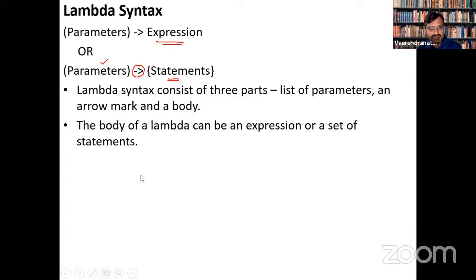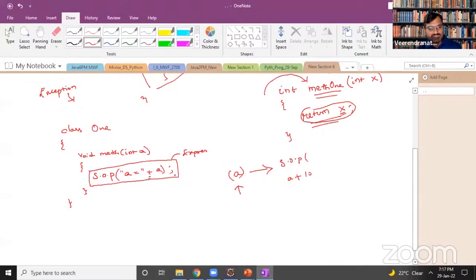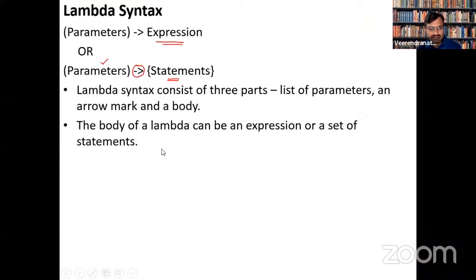For example, let me have one more method in the class, meth1, with int a, int b. Now if I want to print System.out.println a plus b, and System.out.println a minus b, literally I'm going for two statements. So it is also possible to have a collection of statements.